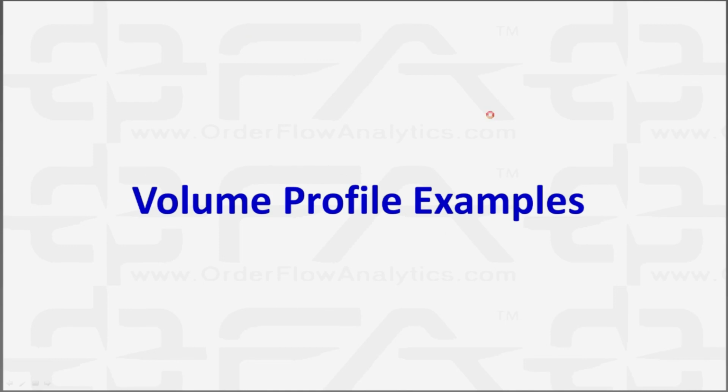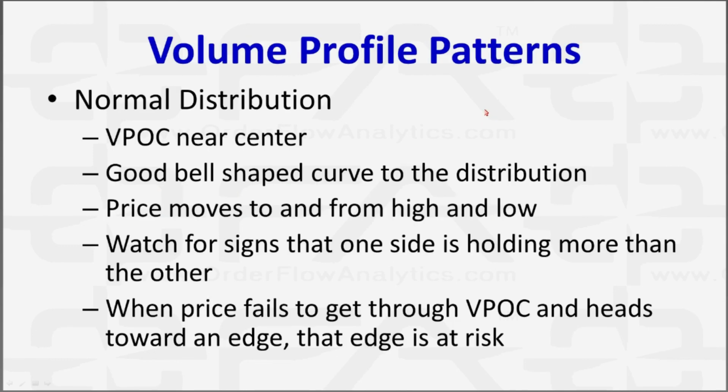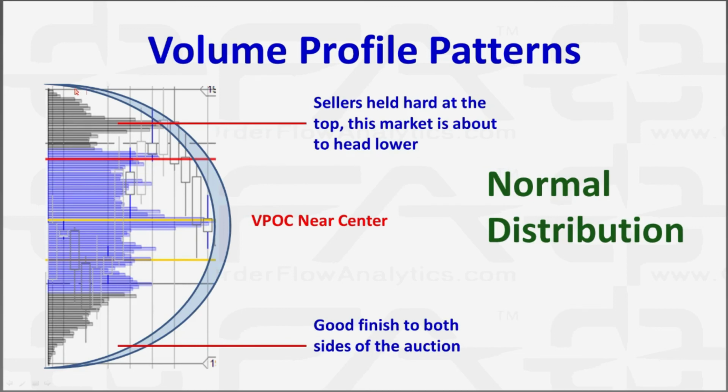So a normal distribution: VPOC near center, good bell-shaped curve to the distribution. Price moves to and from high and low. Again, watch for signs that one side is holding more than the other. You'll see that in a high volume area at one extreme or the other. And when price fails to get through VPOC and heads toward an edge, just know that that edge is at risk. So if you're into a day and let's say the morning we get this nice bell-shaped curve,